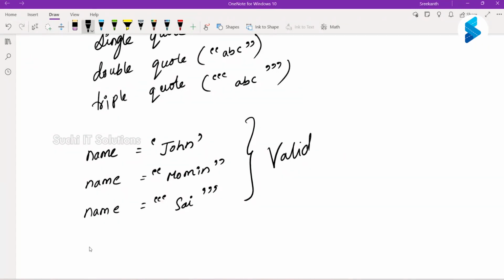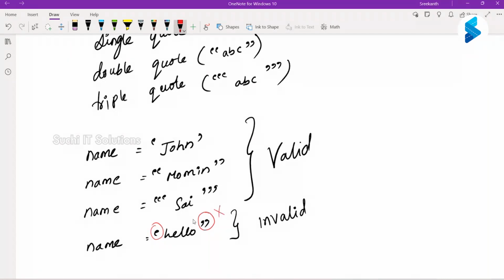Now tell me what happens here. Is this a valid one? No, sir. Why is it invalid? Because it started with a single quote and ended with a double quote, hence it is not valid.